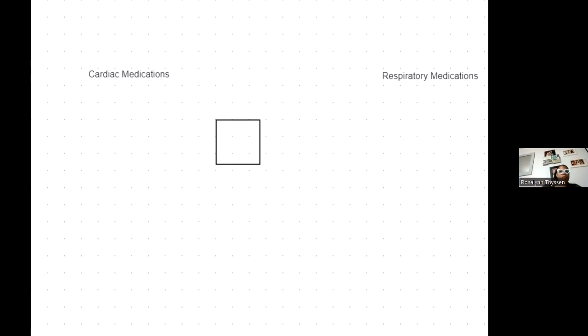All right. So I'm going to start off talking about cardiac medications. Again, I'm not going to talk about the different conditions like hypertension versus heart failure. I'm just going to talk about the class of cardiac medications because all these medications are used for several different cardiac disorders. So the first one we talk about,